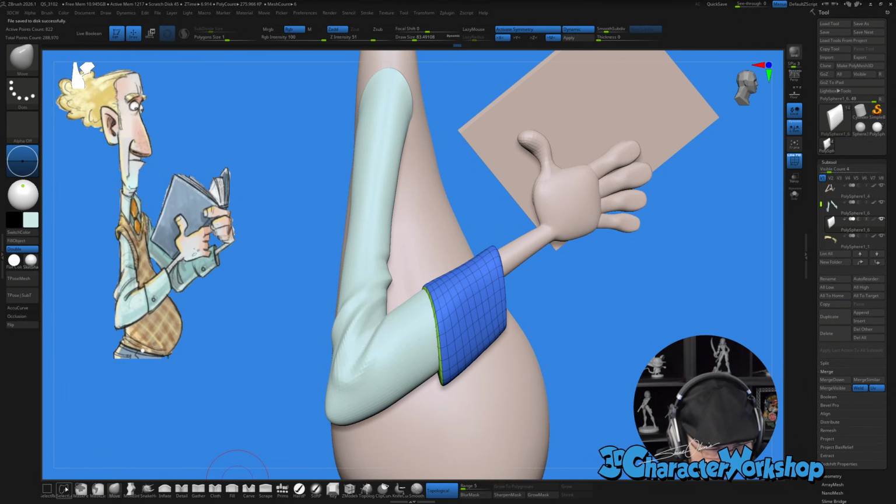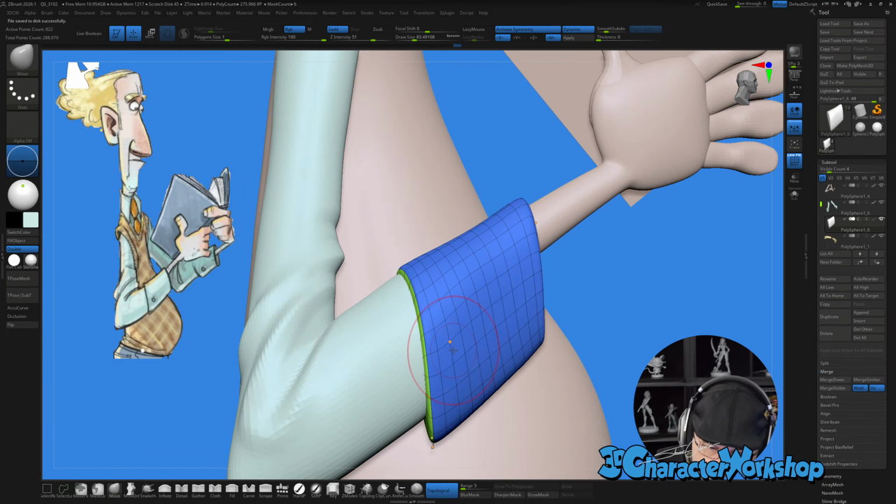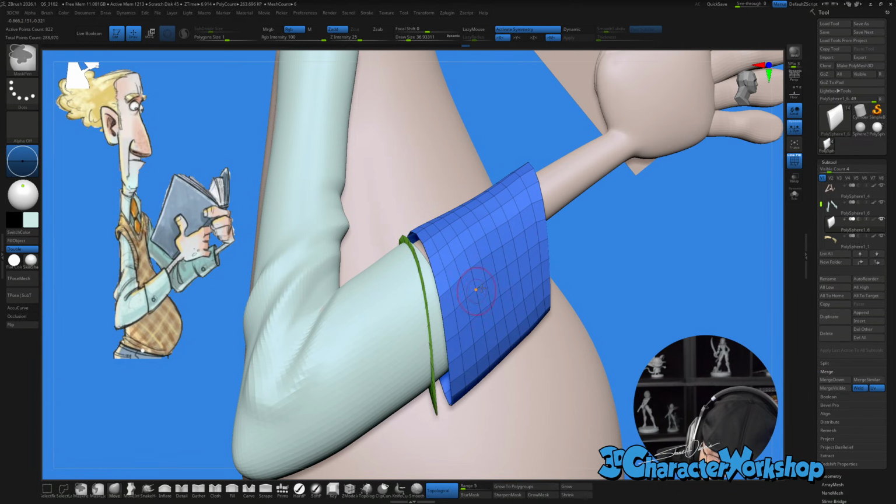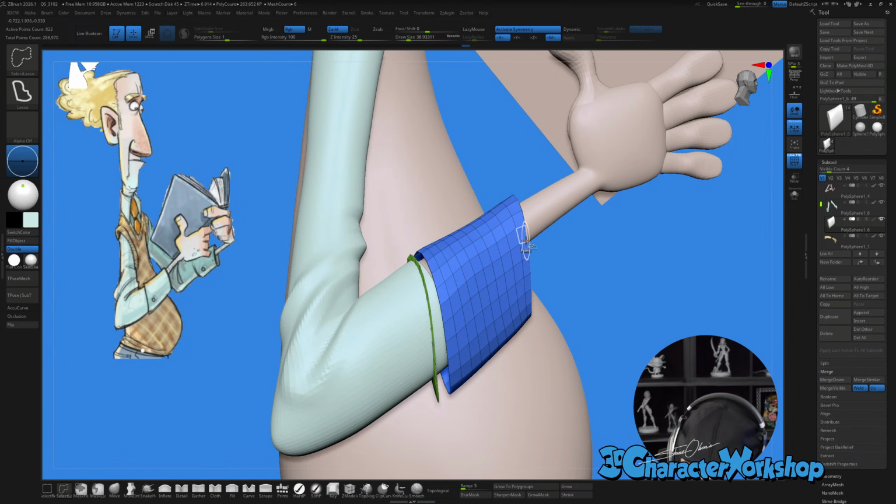So what we could do is we're going to mask this off. Basically, if I have this select lasso, I can hide a whole entire ring. And I'm going to do it over here as well. Got to get the right one.